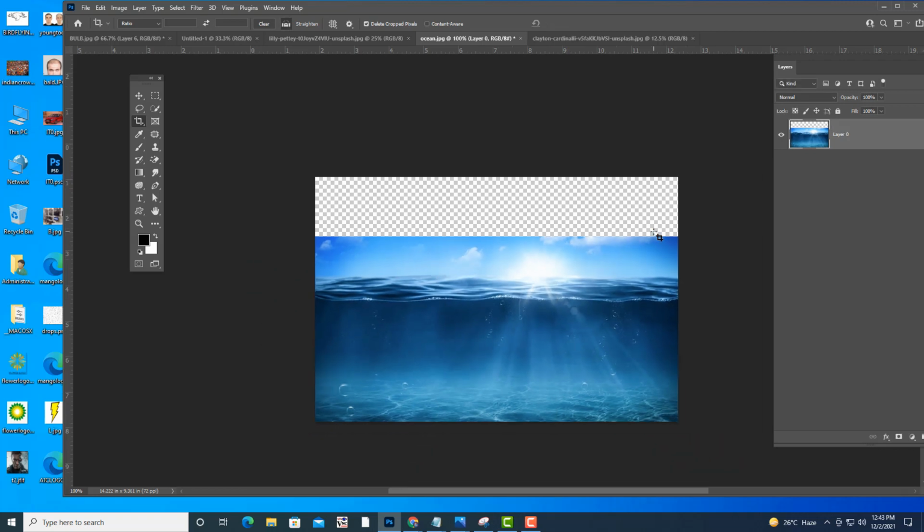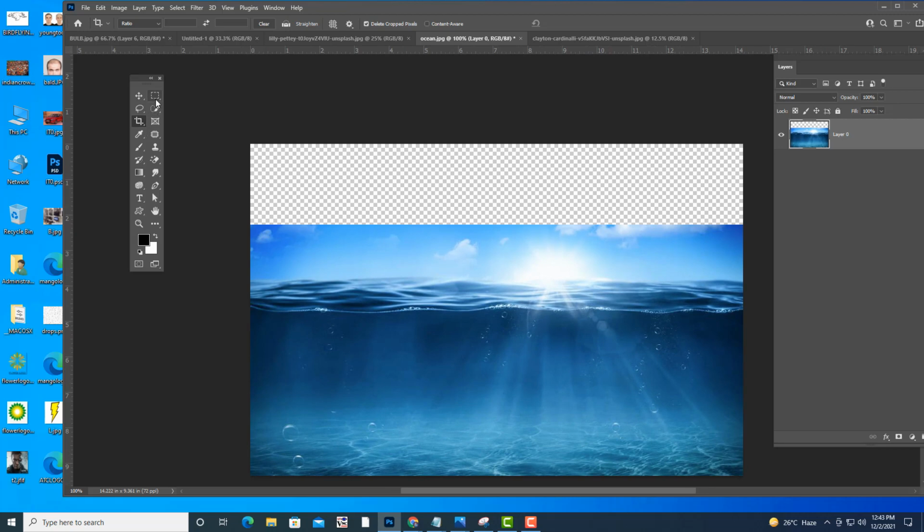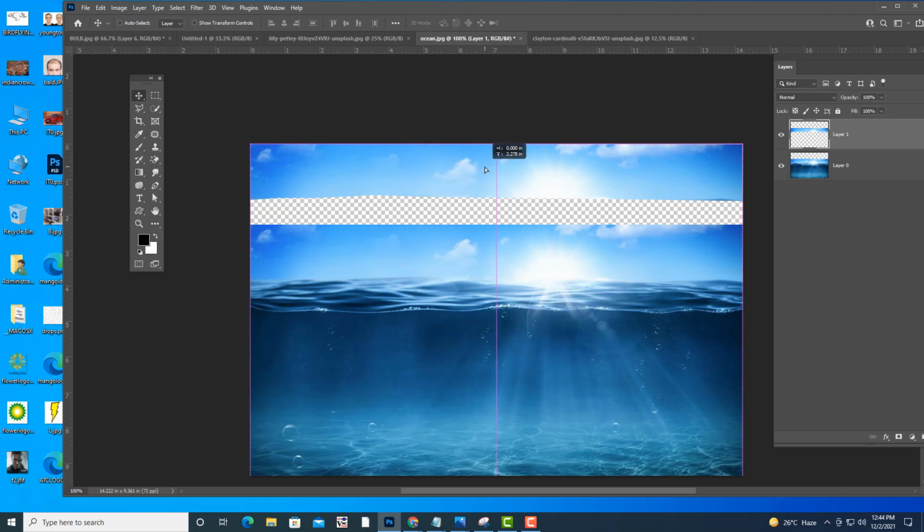Then what we can do is, let me use the polygon lasso tool. Okay, so we can say Control C, Control Shift V. Then I can move it a little bit like this.